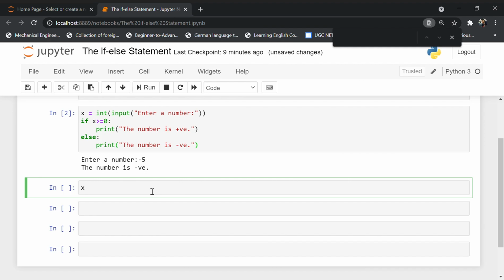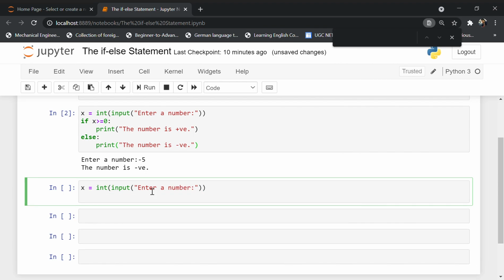So we are taking x equals int, or you can take any other variable, and put enter a number. Now we have to check whether x is even or odd. So we need to write down if, and we have to follow the logic behind it.